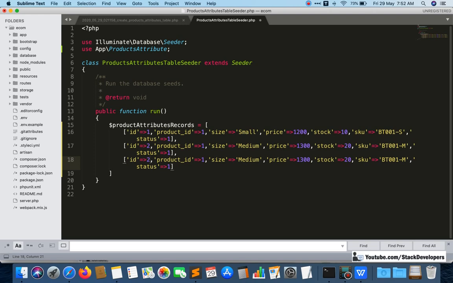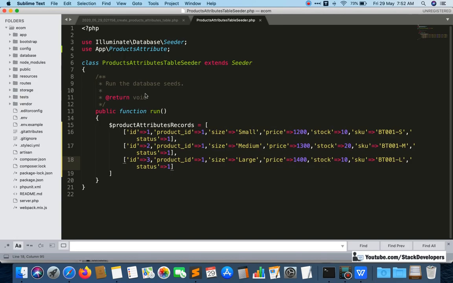So here ID will be 3, product ID 1, size will be this time large, and price we are going to keep 1400, and stock again is 10, and SKU this time is L, like this, okay. Status is 1, okay.